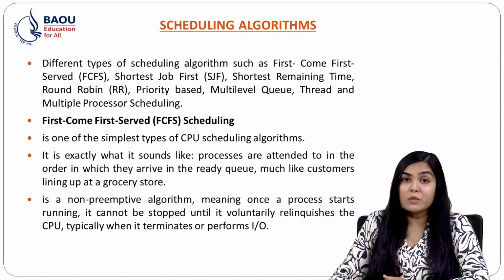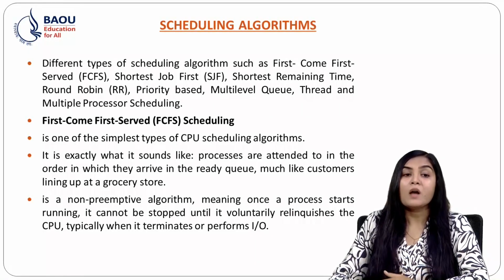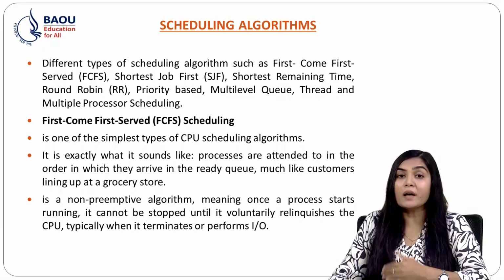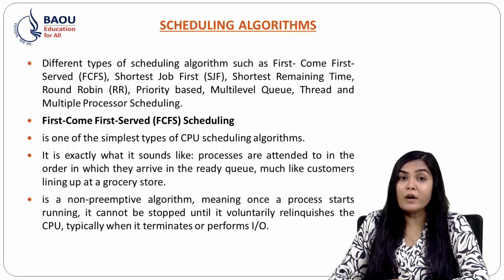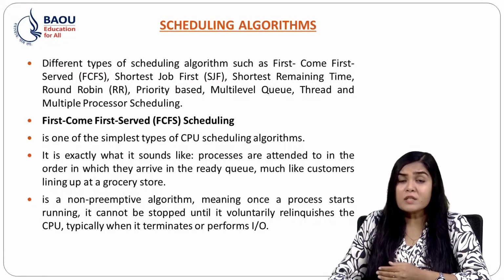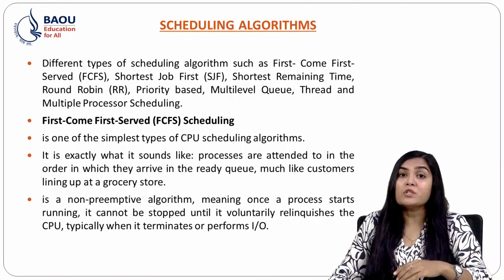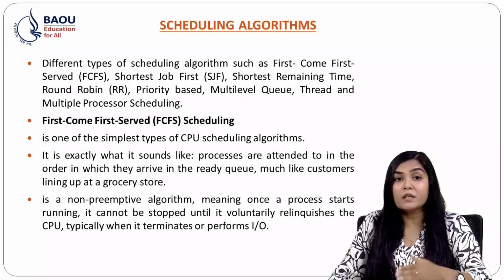This method schedules processes in the order they arrive, without considering priority or other factors. In this algorithm, processes are dispatched according to their arrival time. There is one FIFO queue for ready state processes, and FIFO stands for first in first out. When the first process comes to the system, it will be started immediately and run until it finishes all its job.